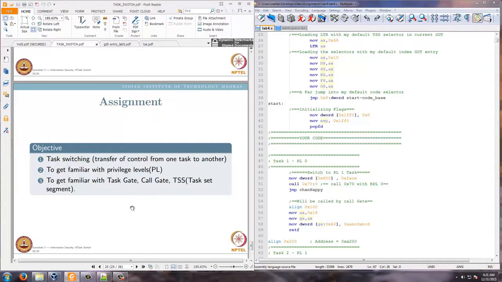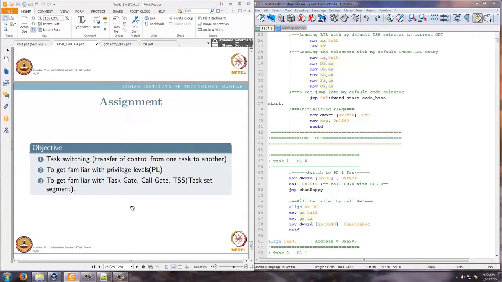And if I want to switch privilege level, basically we are doing it using tasks. So we will be creating 4 tasks: task 0, task 1, task 2 and task 3. Task 0 will execute at privilege 0, task 1 at privilege 1, task 2 at privilege 2 and task 3 at privilege 3. We will switch from PL0 to PL1 to PL2 to PL3, and at PL3 we will come and access a code which is PL1 through a call gate and then go back, and also prove certain things,